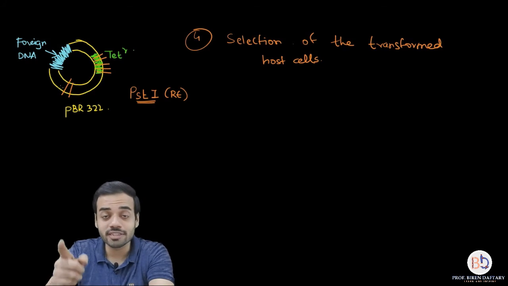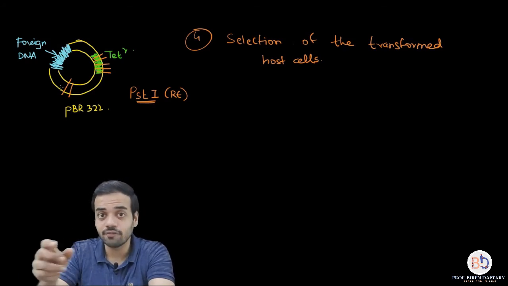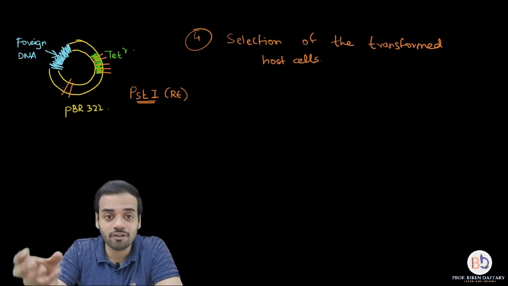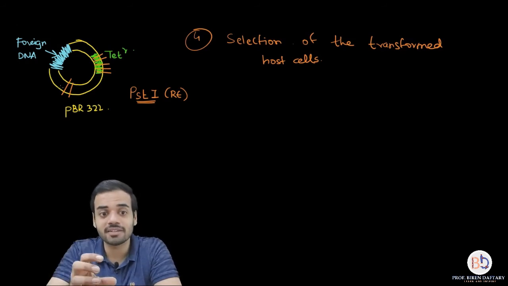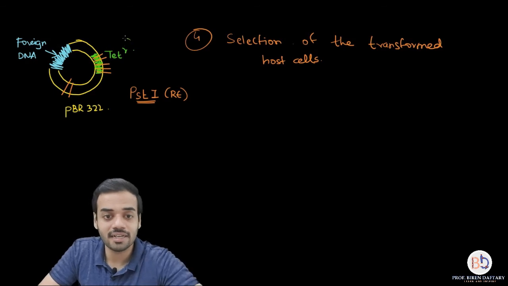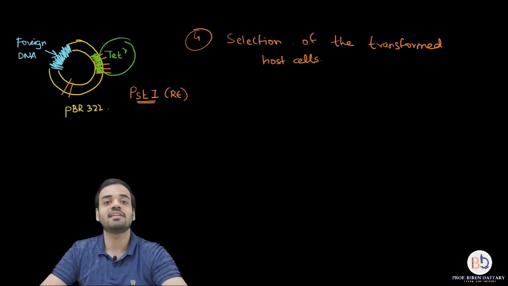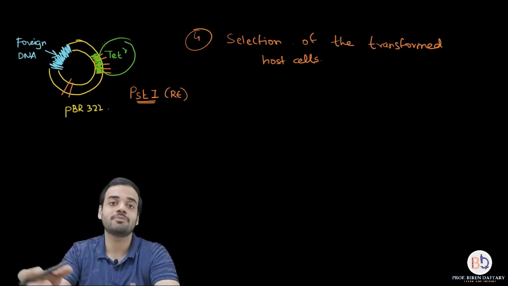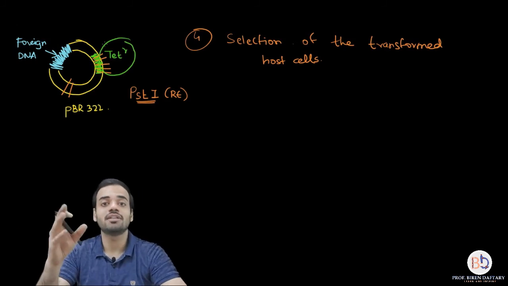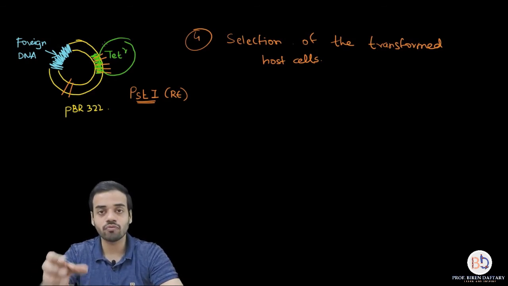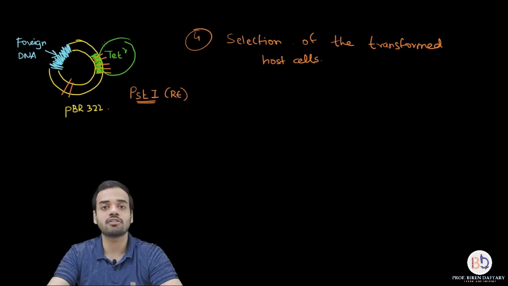But if you use tetracycline instead of ampicillin, if you pour tetracycline on the bacterial colony, now what will happen? All the bacteria which have transformed, which are having that pBR322 and the foreign DNA inside them, will not be damaged by tetracycline. Why? Because over here the tetracycline resistance gene is present, this area is still present, so it will not allow tetracycline to kill the plasmid, and that plasmid is inside the bacteria, so it will not allow tetracycline to kill the bacteria. So if you use tetracycline, here you can find out which bacteria are transformed and which are not, very simple.